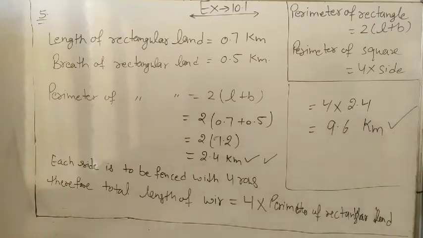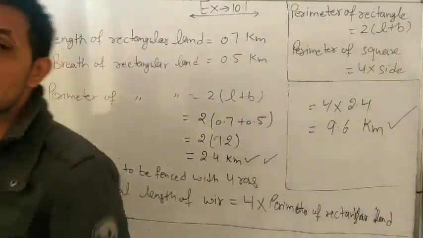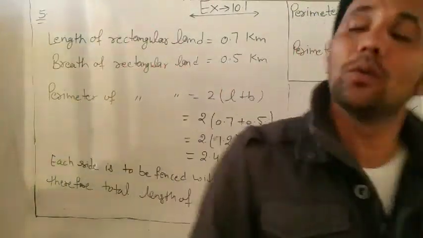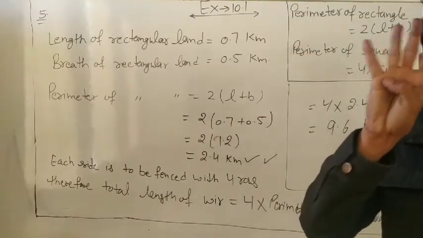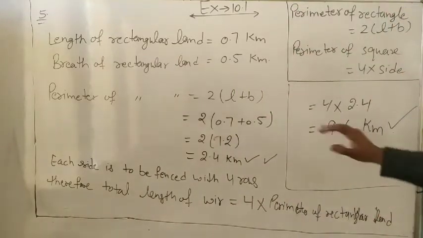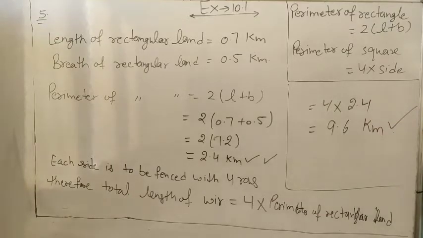So what is the total length? 9.6. Do you understand why we multiplied 4 times? Because fencing is 4 times, not 1 time. Okay, that is your answer. Understand? Next is